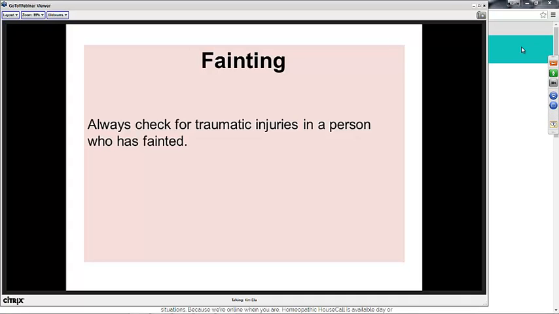So we have a number of people asking what remedies we do recommend for fainting, and that is to say for fainting itself rather than for the injuries sustained while fainting. And the ones that we have listed in Homeopathic HouseCall are Carbo vegetabilis, China officinalis, that's Cinchona officinalis, Ignatia amara, Moschus moschiferus, and Nux moschata.